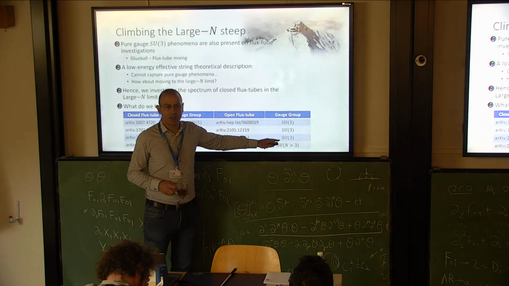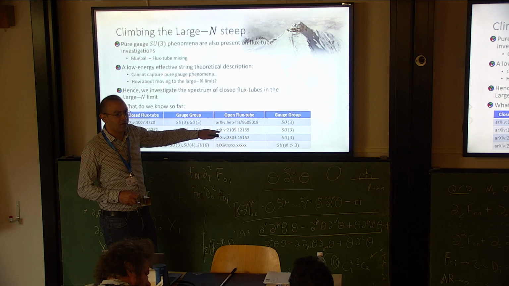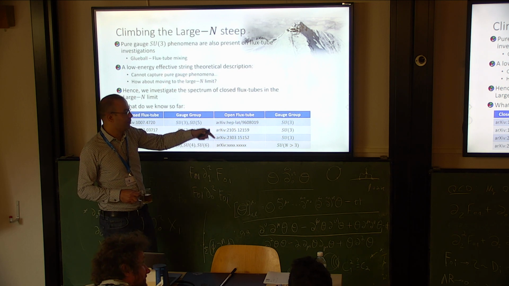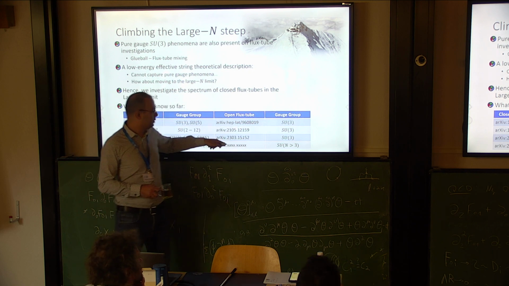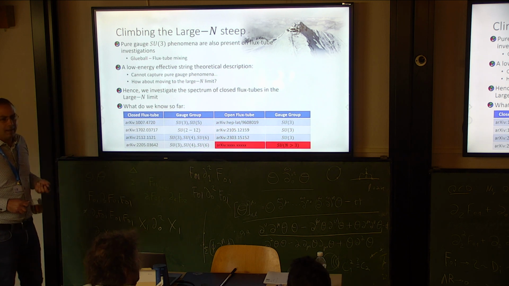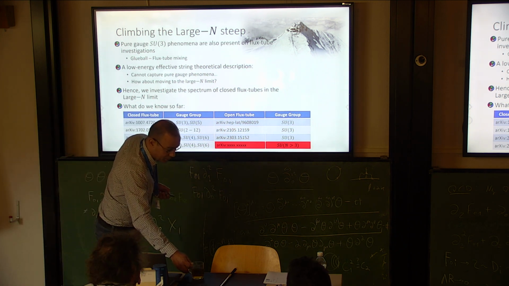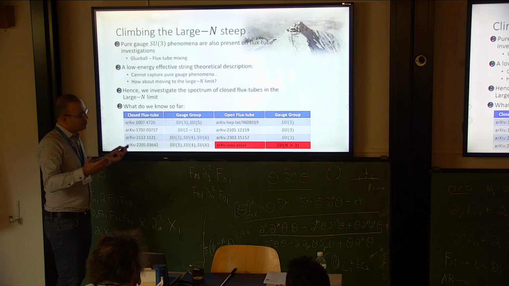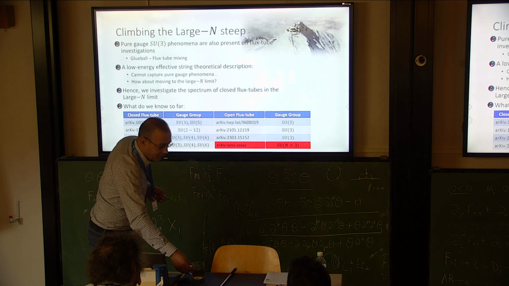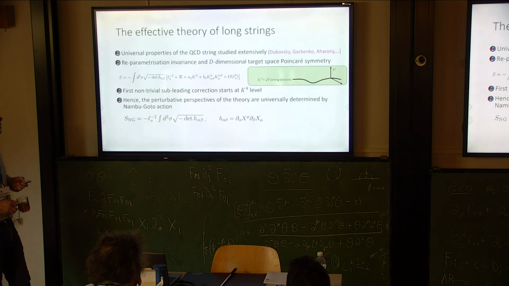So people mostly focus on SU(3) because back then it was realized that the spectrum of the open flux tube is directly related to the spectrum of hybrid mesons. So they extracted the spectrum for SU(3), but the spectrum of SU(N) as N goes to infinity is still unknown. And actually in this work, the results that I'm going to present, we have performed calculations up to SU(6), which indicate that there is a rich spectrum and also a couple of axions lurking on the worldsheet of the flux tube.